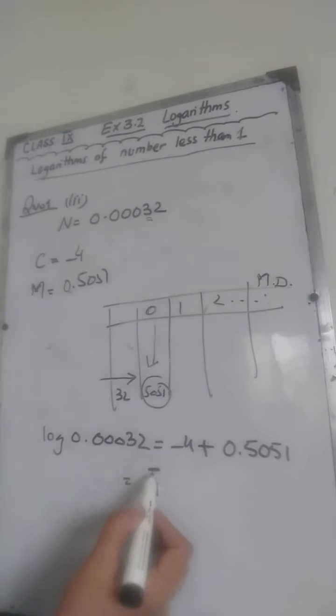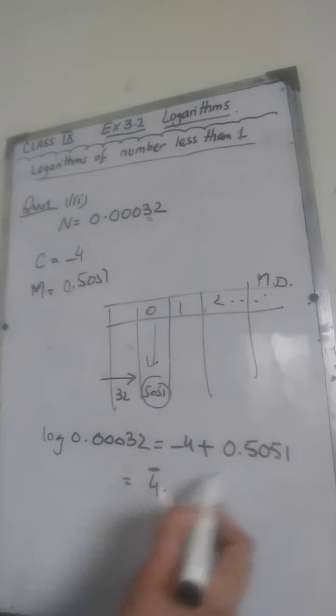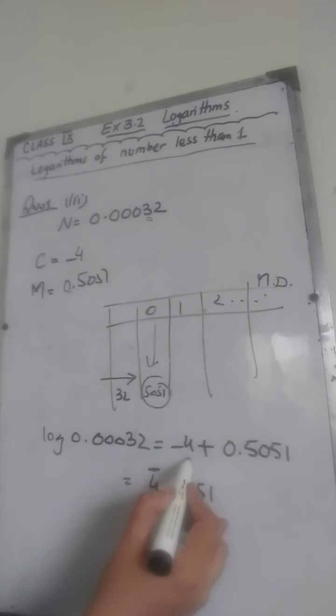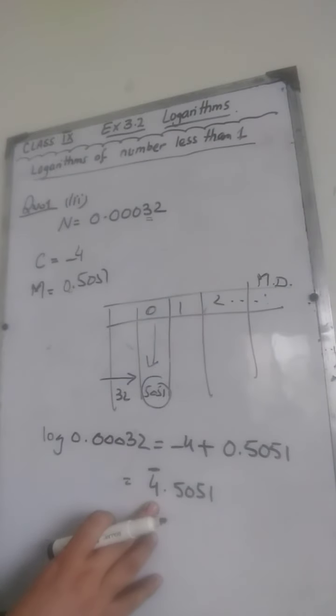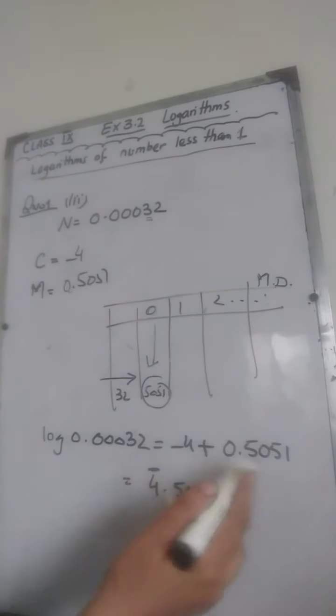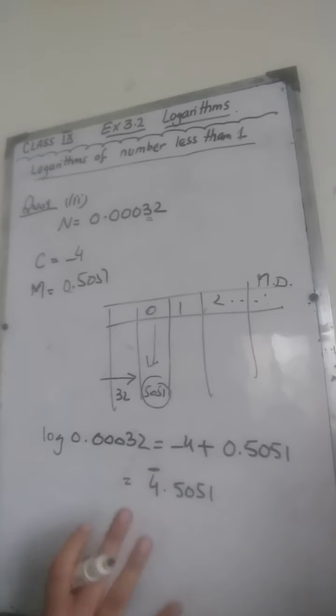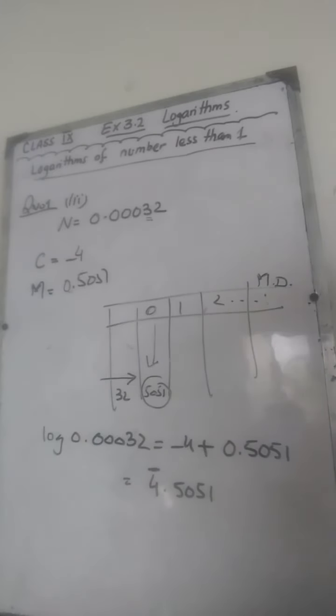We are going to write a negative sign over here, and then we are going to write this number. When the characteristic is negative, we never add them. This is because we need this characteristic to find the anti-logarithm. Therefore we usually don't dissolve it, we don't add it, we just write it like this. So this is how we find the log of a number which is less than 1.